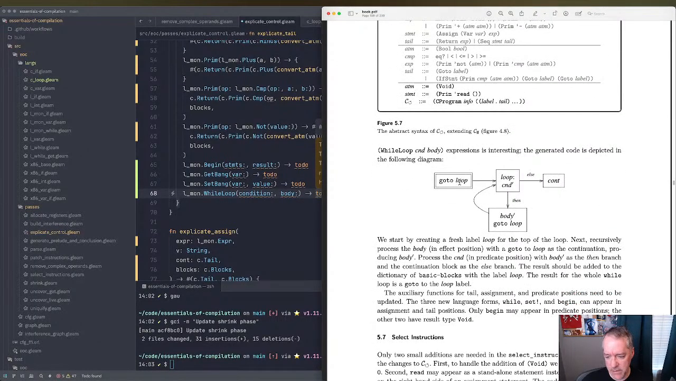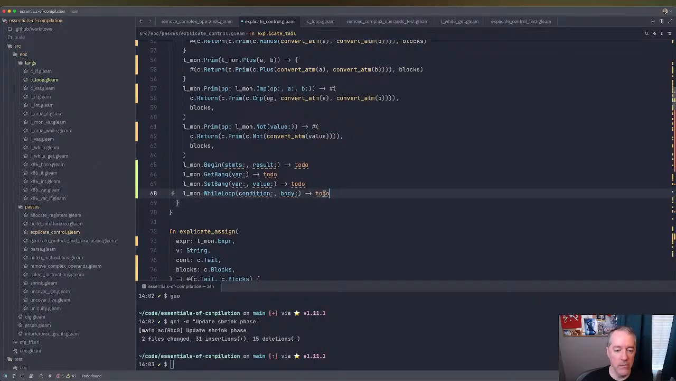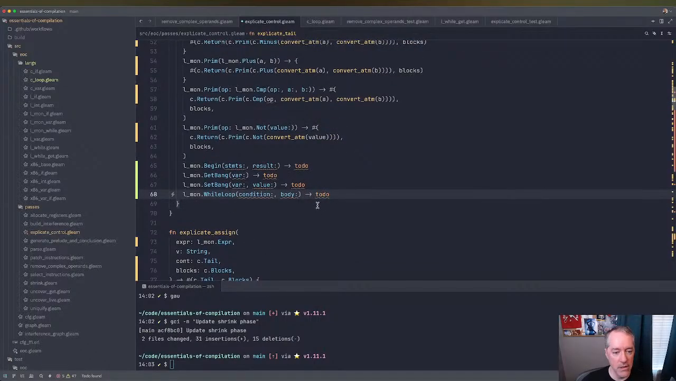Let's look at, they said something about tail position. Right, so they can appear in assignment and tail positions. Only begin can appear in predicate positions. The other two have the result type void. Right, so I think what we do is